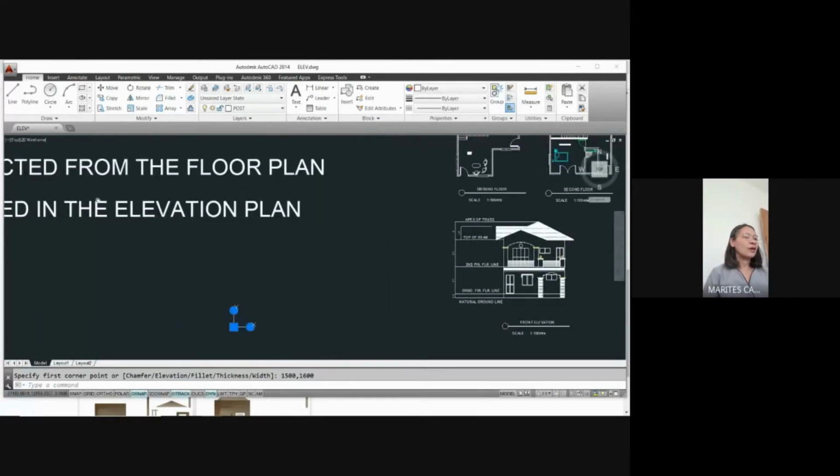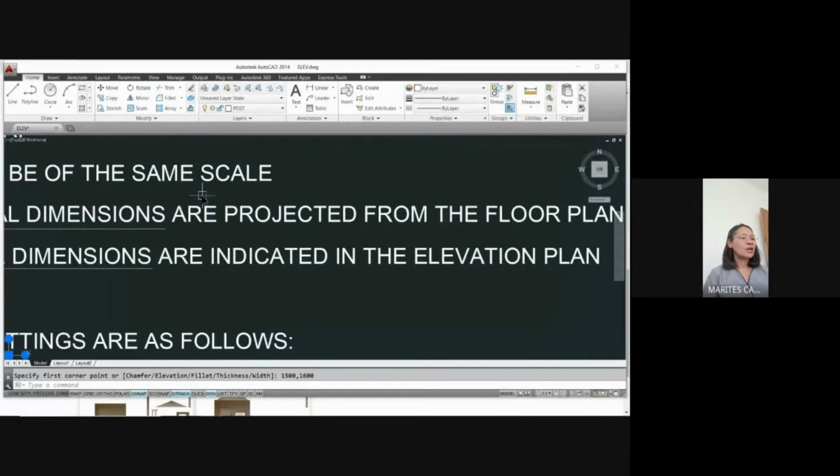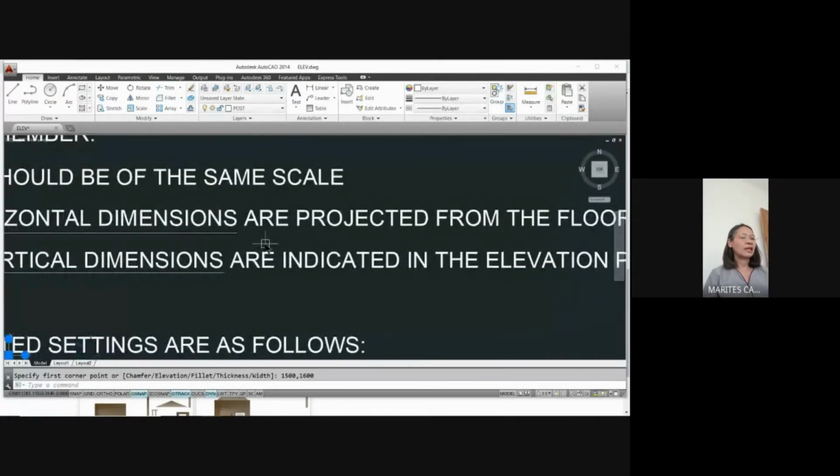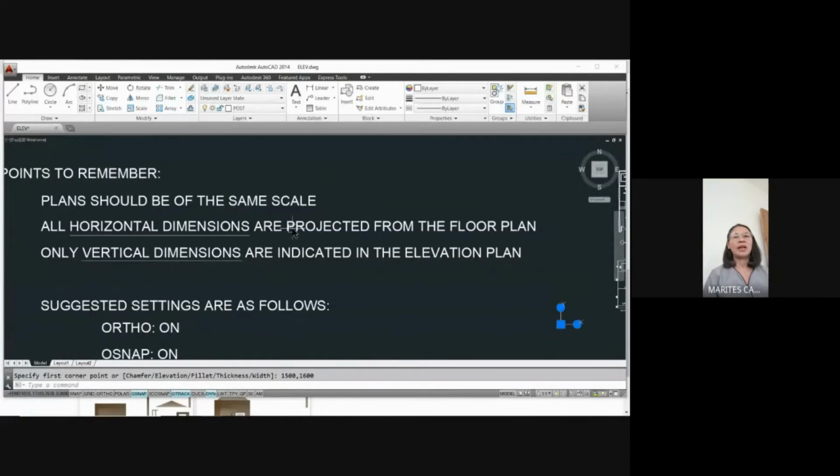So another important point to remember, lahat ng horizontal dimensions will be projected from the floor plan. Again, all horizontal dimensions are projected from the floor plan and only vertical dimensions are indicated in the elevation plans. Okay, so for example,